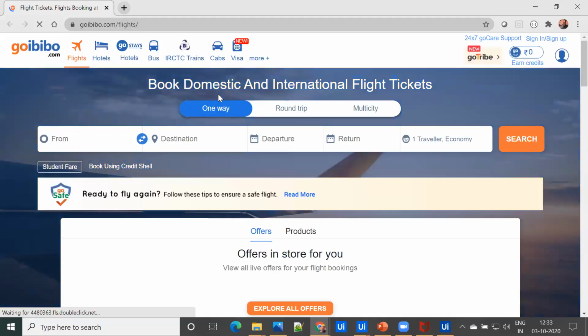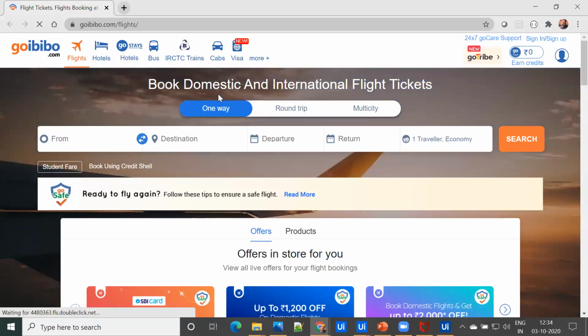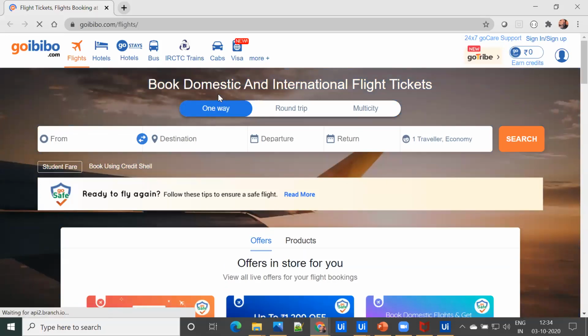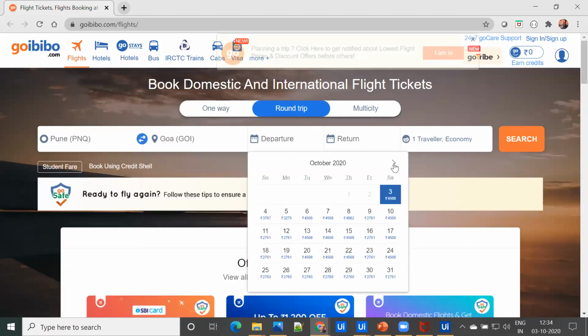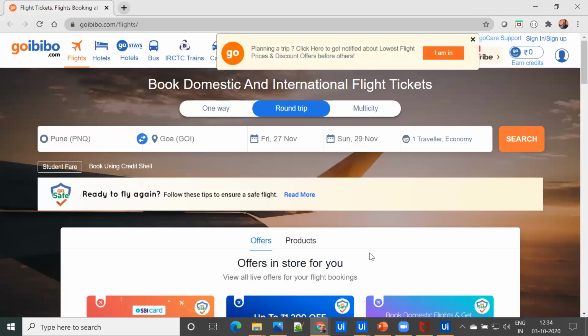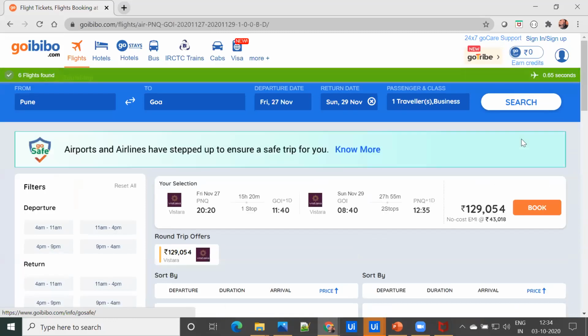So it has launched the browser. It will click on round trip. And it has entered the source, destination, departure date, return date, selected the business class, and clicked on search.